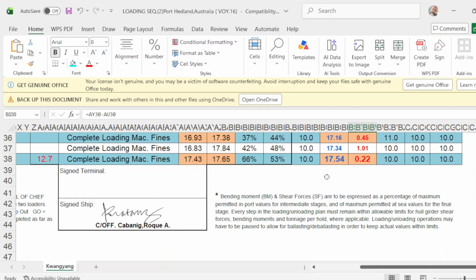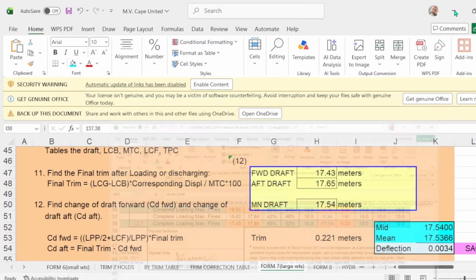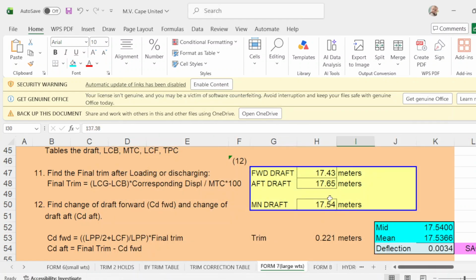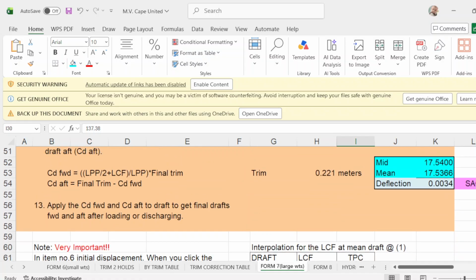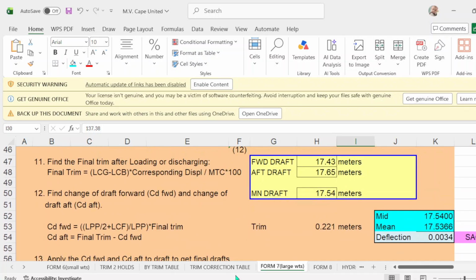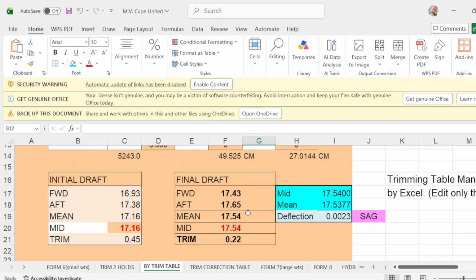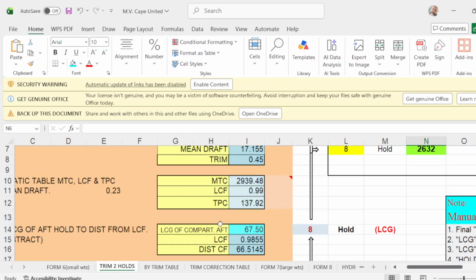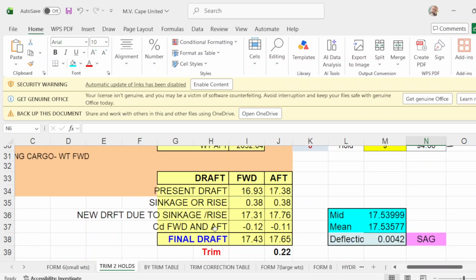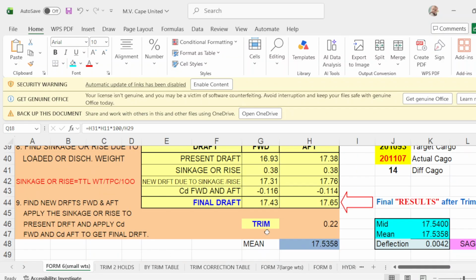Your mid drop is 1754 and 22. Your deflection is 0. Okay, so here you have 4 programs to back you up. Form number 7, by trim table, trim 2 holds, and form number 6. Okay, so you have 4 programs.